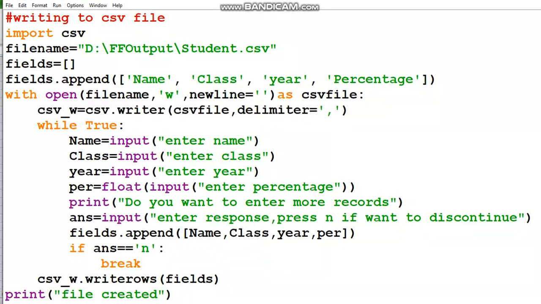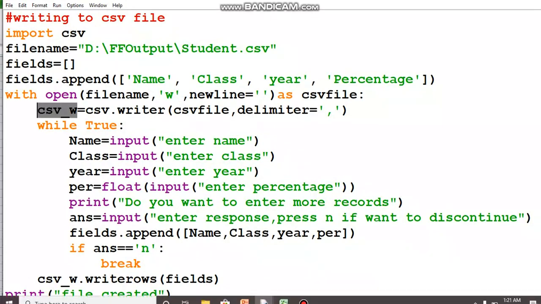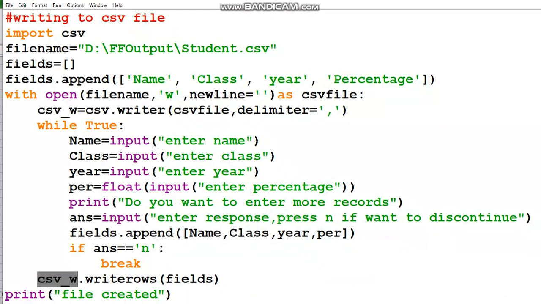Other than opening the file, you need to initiate the writer method also if you want to write some data into a CSV file. So this variable we have initiated. The same variable here, and then the writerows method, and whatever is being appended in the list named fields will be written to the CSV file in one step.